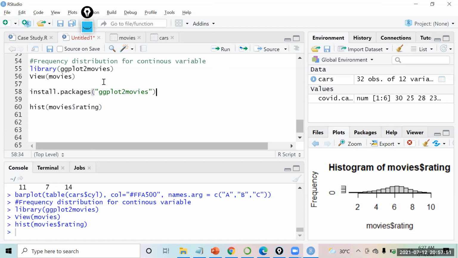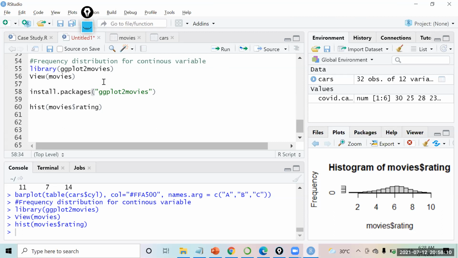A data set is something generic. A matrix is also something that we call a data set because it has rows and columns inside it. But in a matrix, the data is all of the same type. All the columns are of the same type, whereas in a data frame, they can be of different data types as well.